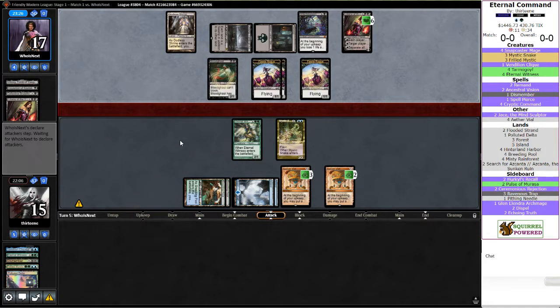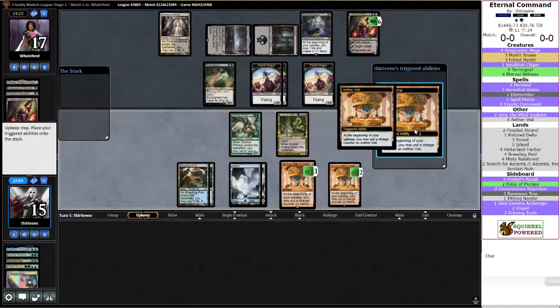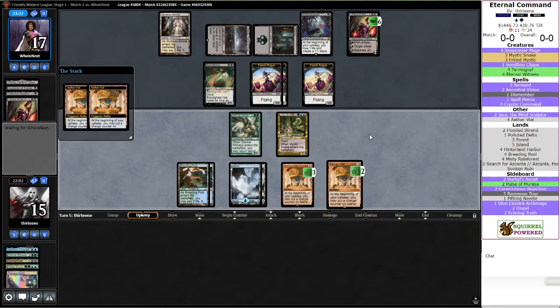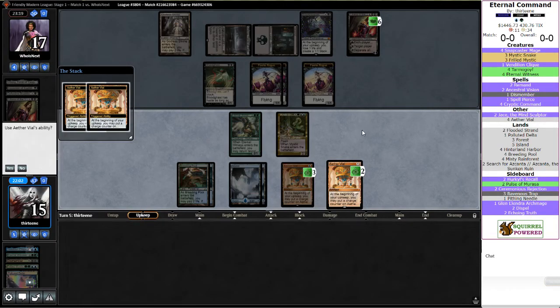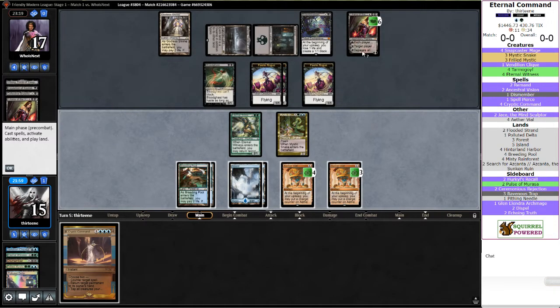We have a couple of decent draws. Opponent nuking our board here actually isn't very impactful because we're likely going to keep our Aether Vials, or at least one of them. 4 and 3 feels fine. Okay, and